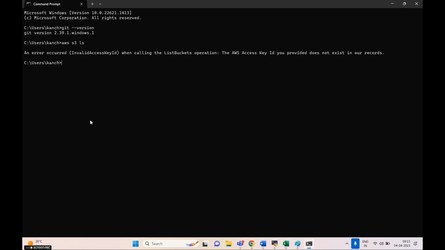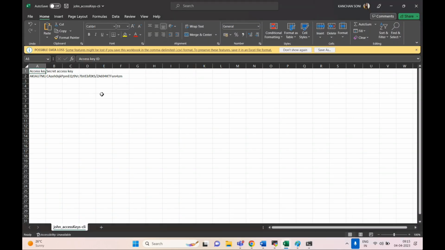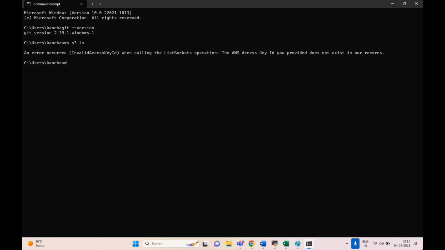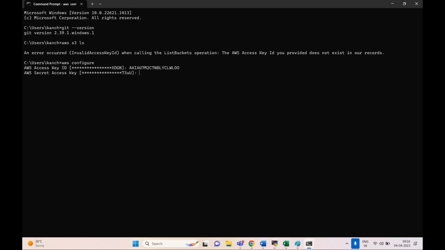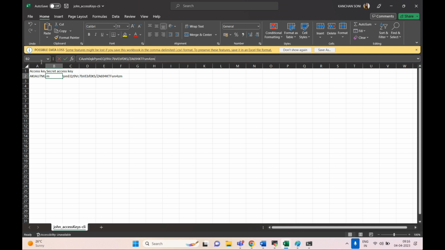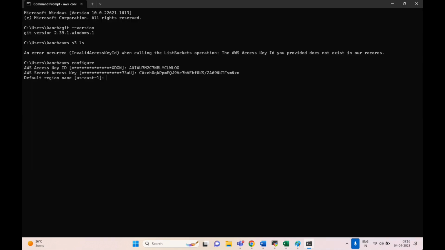Now next point, from here if I want to access, I just directly type this access key and secret access key. How to type that? Once I configure my AWS CLI, I will simply type aws configure and enter, and it will prompt me for the AWS access key and secret access key. So just go and type this access key, enter, and the secret access key and enter, and the region is the same, and like this. Now if I go and run the aws s3 command,